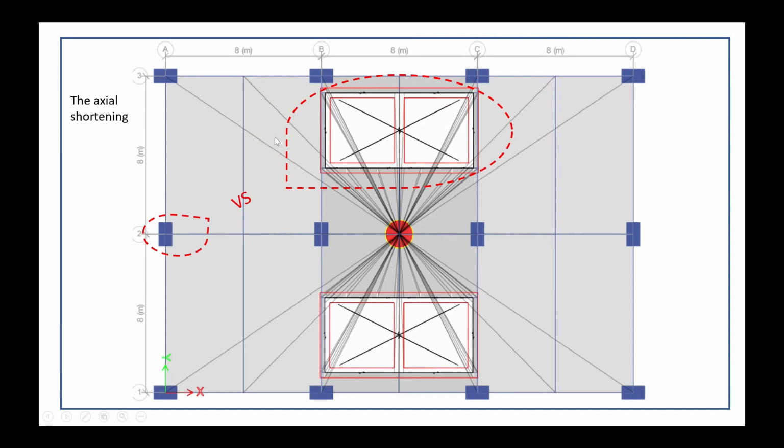Now you can check this picture. It is a picture I took from my tutorial on tall building design. For a tall building, the core wall is always wider and greater than the dimension of the column. You see here, this column has a small dimension. We design the column as small as possible to receive